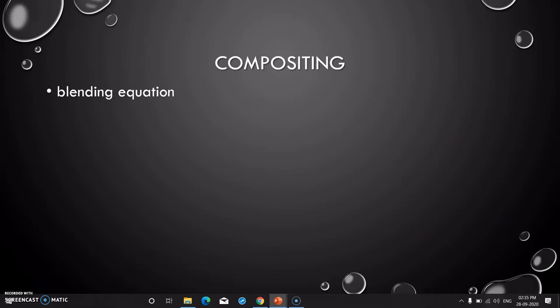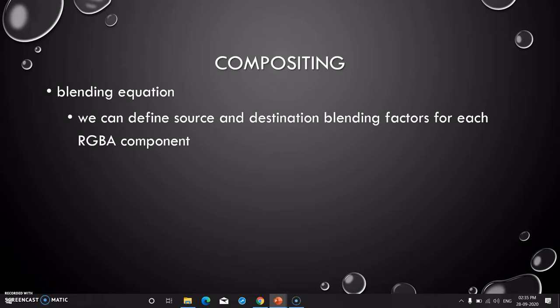Okay. Now the blending equation: we can define source and destination blending factors for each RGBA component as s equal to sr for red, sg for green, sb for blue, and s alpha for the alpha blending component. That is the source blending factor, and the destination blending factor is written as dr, dg, db, d alpha.